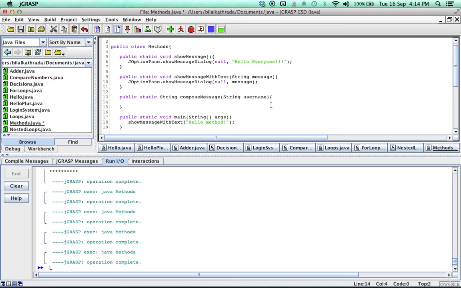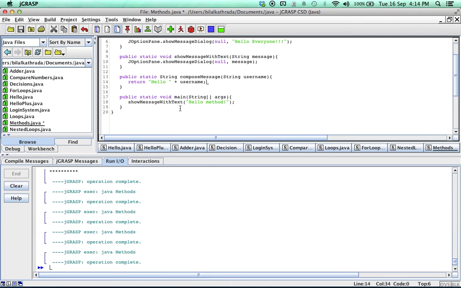So what exactly does this method do? This method will simply take in a username and concatenate with it some string, some text. So we'll return the word hello concatenated with the username that's coming in. Alright, so let's give this a test. What's going to happen here is,